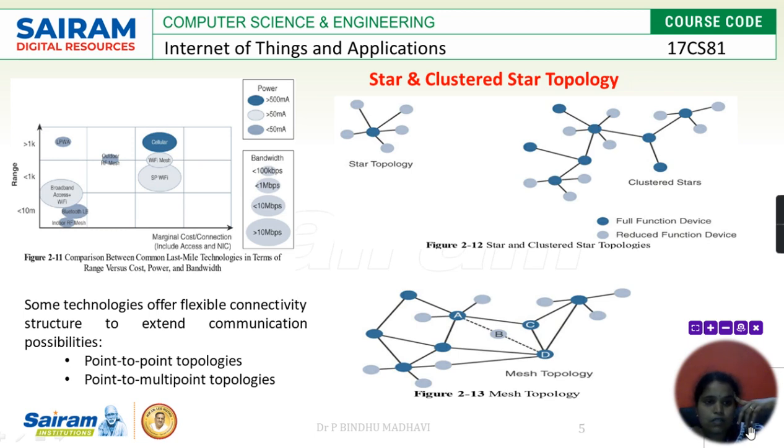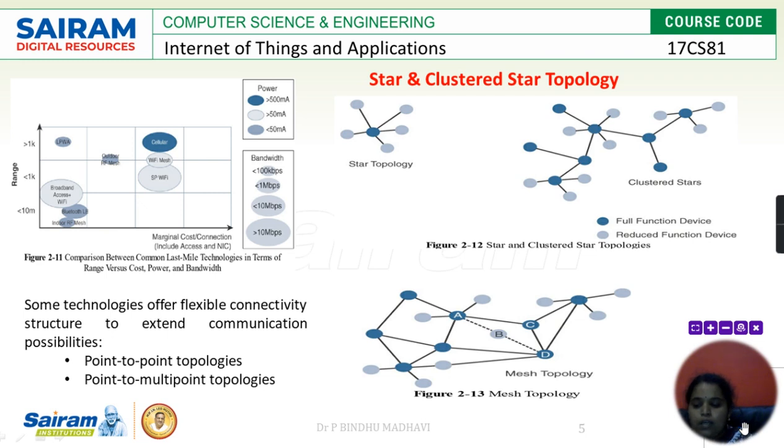In the clustered star, just like the star topology, it will have its own branches, which will have their own attributes. There are different types of topologies which we could see, like hierarchical topology, bus topology, point to point, then multi-point, all those things. So topology means just how you can connect and communicate with the network. That is the main role. Physical topology, logical topology and all, we have, right?